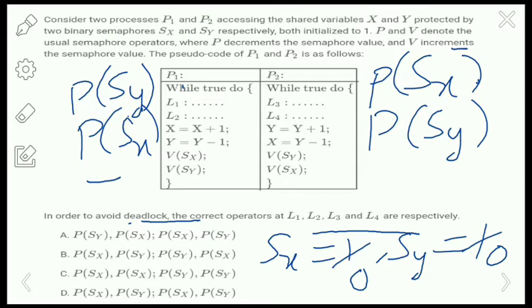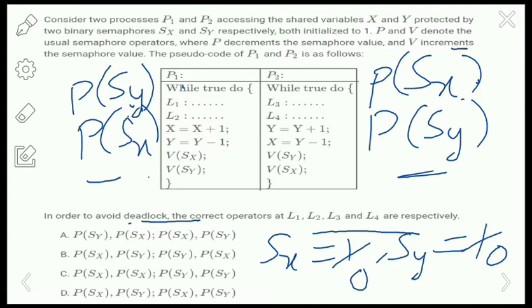If you check in terms of process synchronization it is false, and if you check in the deadlock format, it follows the deadlock, right? Because P1 is holding the Sy and P2 is holding the Sx. In the second line, P1 is requesting the semaphore Sx, and similarly P2 is requesting the semaphore Sy.